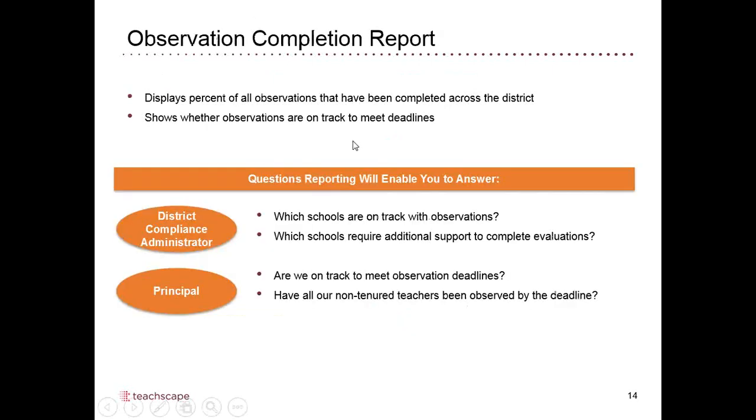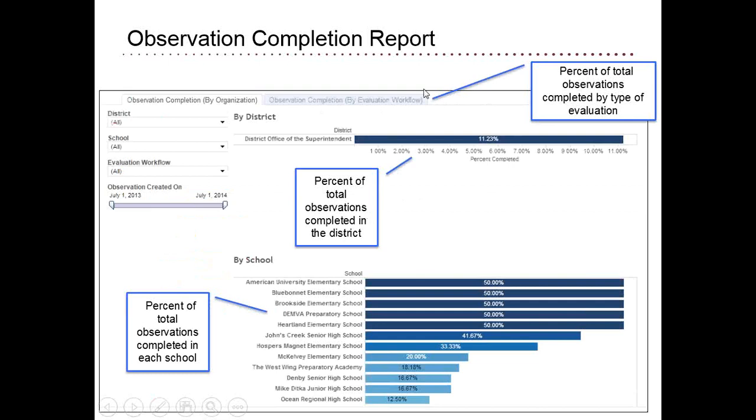So the first report that we were asked for started last year. We worked with school districts on what they were most likely to need, and the first one was, are we done? People wanted to know where they were in the process and whether they had completed everything given the deadlines that they were given. So this is essentially more of a compliance report, but it does give you an idea of where you are. You could see at the district level, or depending on how you configured this, at the state level, what percentage of observations have been completed, and by school you can see that.